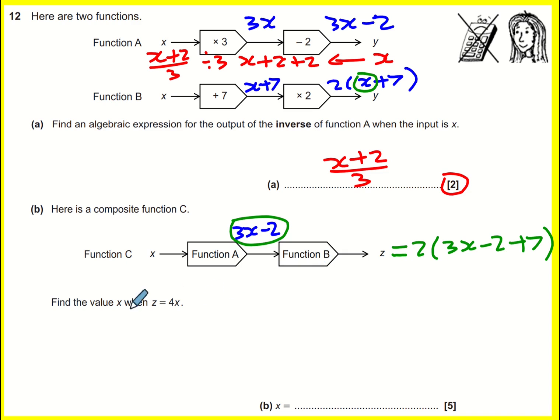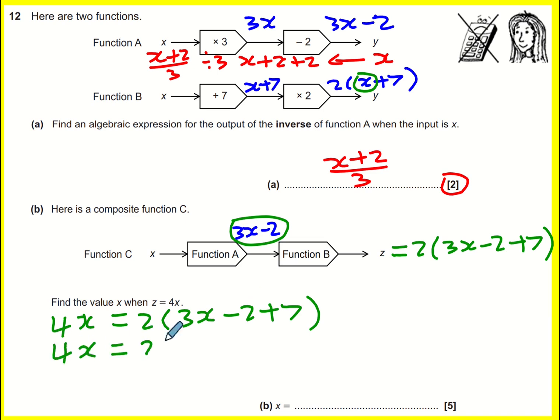But I'm now asked to find the value of x when z equals 4x. So what I'm going to do is I'm going to set 4x equal to my value of z, which is 2 times 3x minus 2 plus 7. And I've formed an equation to solve. So what should I do? I'm going to simplify it first of all. So 4x equals 2,